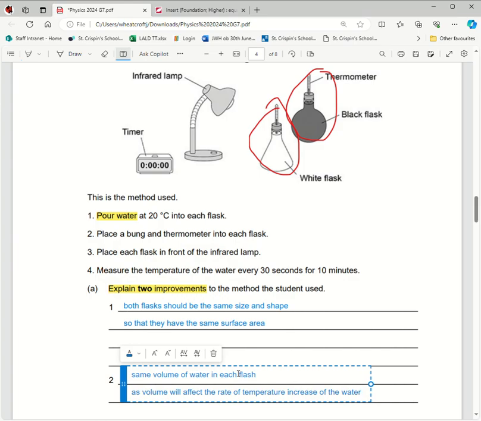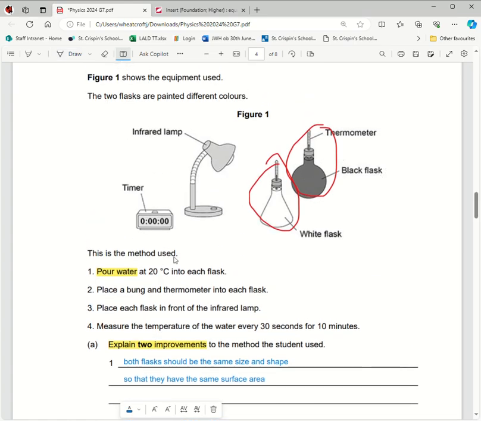And you would only need 2 pairs, but I'll go through a third one anyway. So if we look here, the other thing that isn't made clear from the method, either from the picture or from the written method, is that they have just said to place each flask in front of